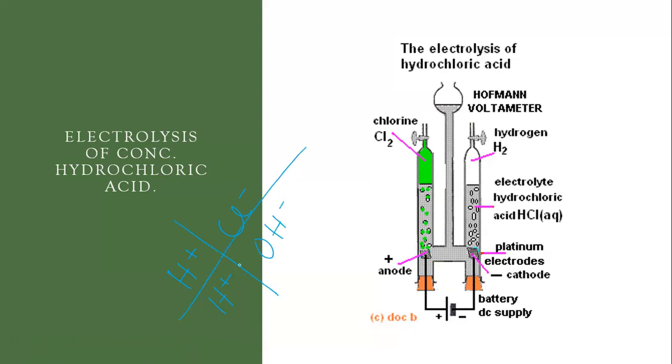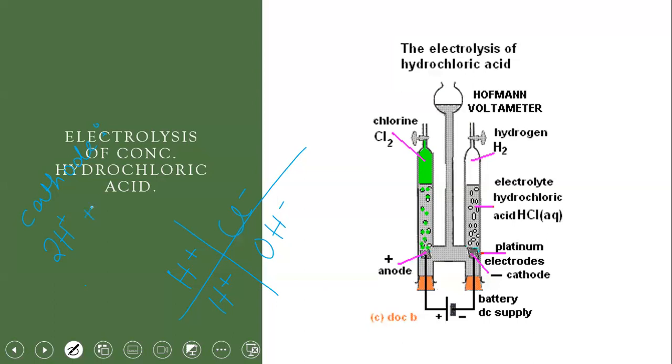Okay, so who will go to the cathode? Hydrogen. You only have one option. Both the positive ions are hydrogen. Correct. Okay. Can you make the equation for me? What will the equation be at the cathode? It's going to be 2H plus